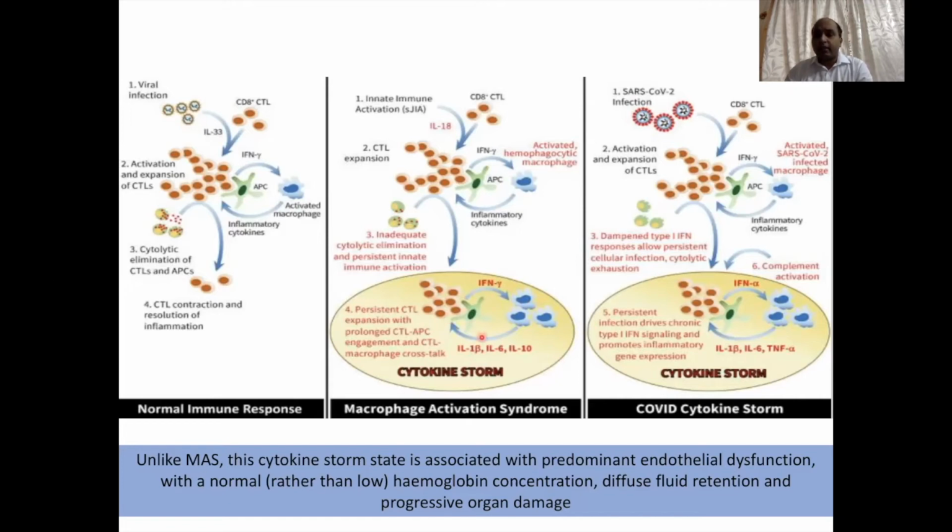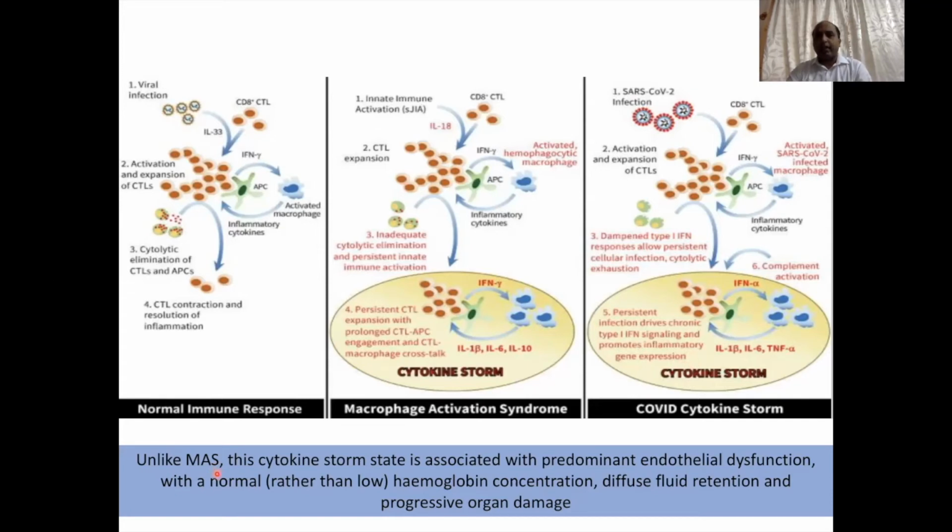And what happens in COVID? There are activated SARS-CoV infected macrophages and a dampened type 1 interferon response. It has been shown that in those patients who have a severe COVID cytokine storm early on, they have a dampened type 1 interferon response that allows persistent cellular infection and cytolytic exhaustion, and sometimes it also leads to complement activation. So what are the typical features? Unlike in macrophage